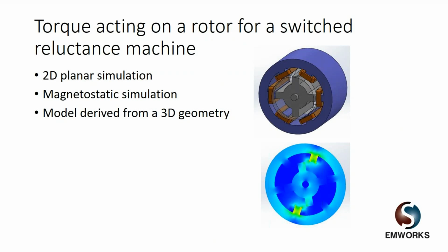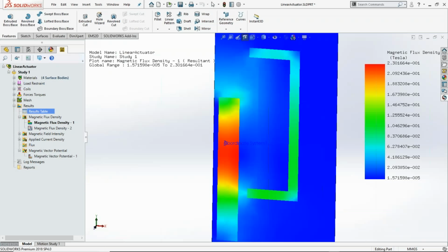Now next, let us switch gears and move to something that resembles more of a motor type of application. What we are going to do next is to analyze a switch reluctance motor. And the objective is to compute the torque acting on the rotor using a magnetostatic simulation. Unlike the previous